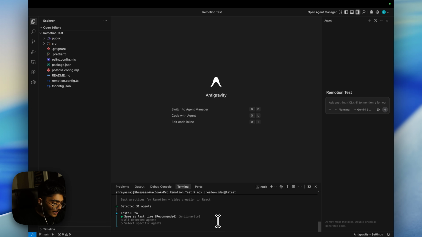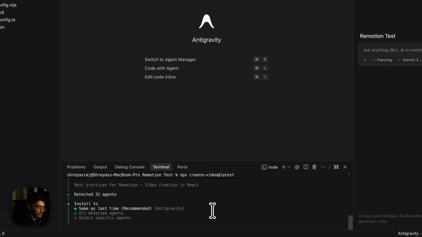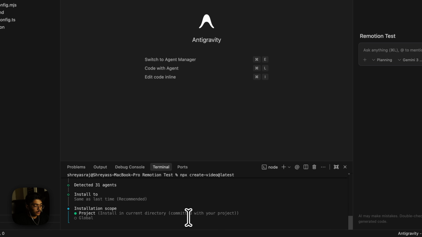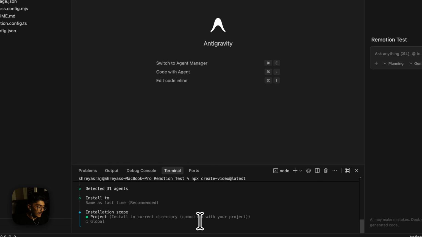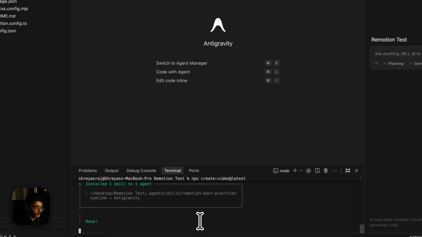For install to, I'll select same as last time, recommended Antigravity, or you'll have an option. You can choose Antigravity, you can choose whatever place you want to install it. You can also install it on VS Code. If you have VS Code, you can also install it on Claude Code, but for this purpose, for demonstration, we're doing it on Antigravity. So installation scope, we can also keep it global. Global would allow a full scale installation of Remotion so that it can be accessed from any folder anytime. But project would only install the Remotion files in this particular project folder. So installation method, just select symlink, which is recommended,